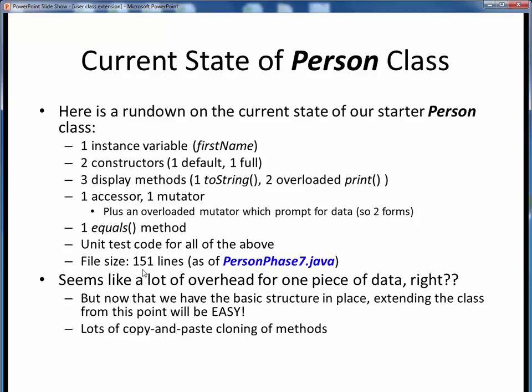So about now you're probably thinking, geez, that's a lot of overhead to service the needs of one piece of stinking data, isn't it? Well, yeah, it probably is. But now that we have the basic code framework in place for one instance variable, we're going to see how easy it will be to extend the class to handle all the other needed instance variables in the API. In fact, lots of the needed additions are simply going to be lots of copy and paste cloning of existing